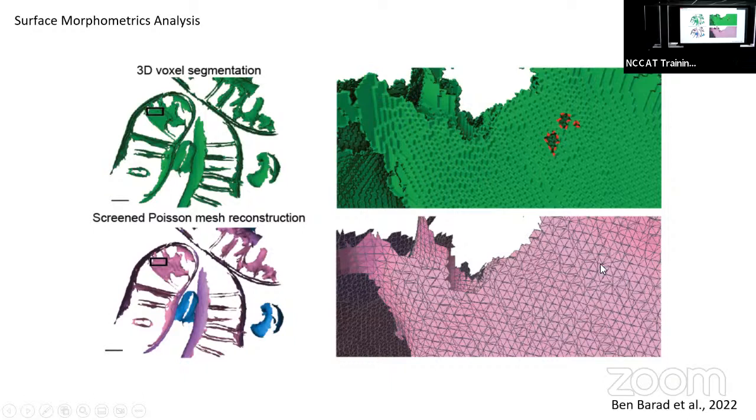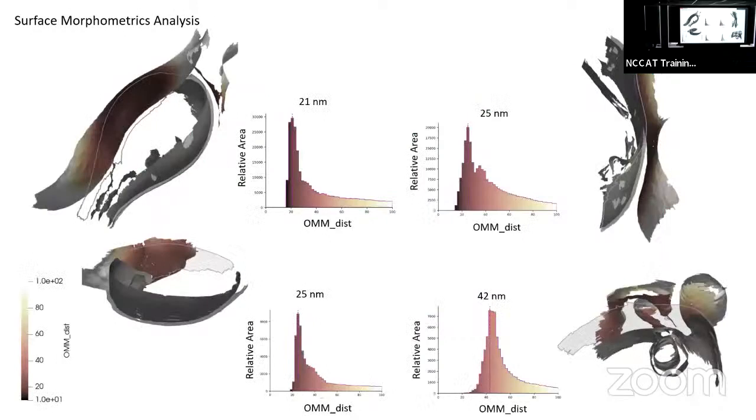And with this point cloud, you can do any kind of quantification you like: curvature, distances. The opportunities are basically unlimited. What I was interested in, because I'm looking at contact sites, was the distance between ER and mitochondria. So I've mapped the distance on the ER membrane, and you can see the distribution of distance in these contact